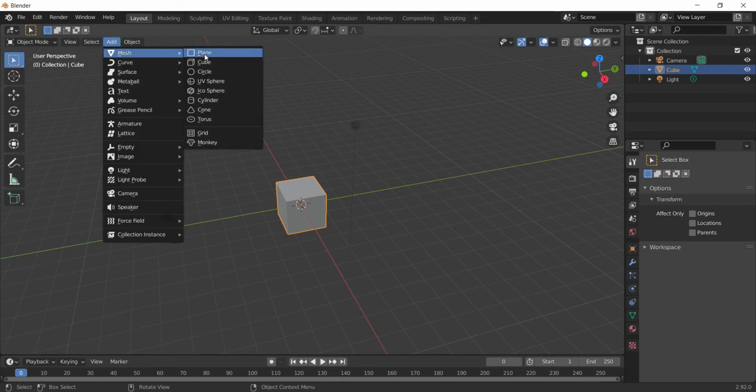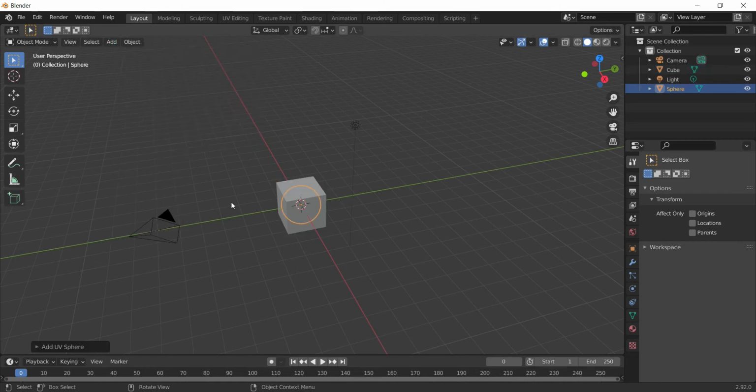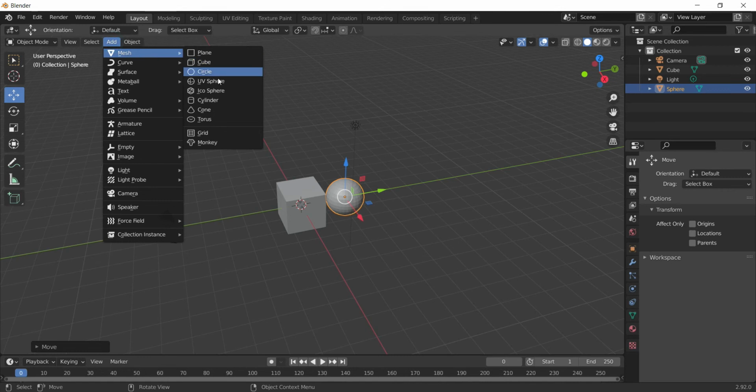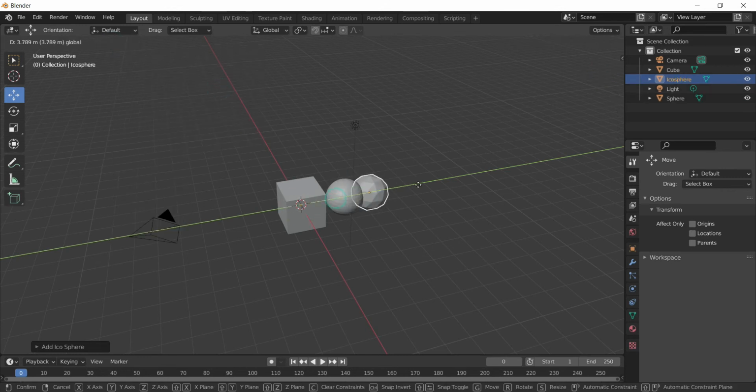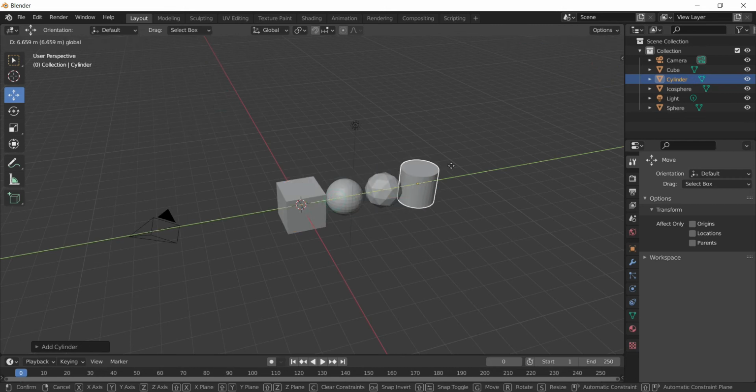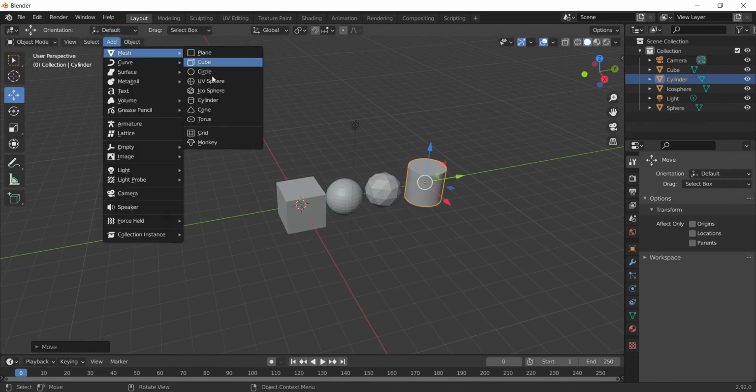Under mesh you can see there are so many different shapes or objects available, such as plane, cube, circle, UV sphere, isosphere, cylinder, cone, torus. So I'll just bring all these objects one by one in front of you so that you can see what basic objects are available in Blender to start modeling.